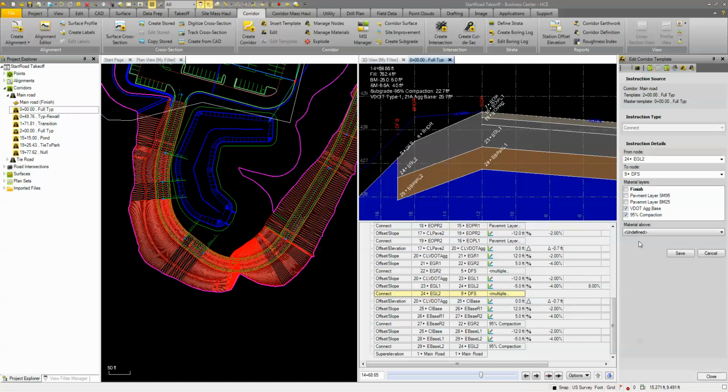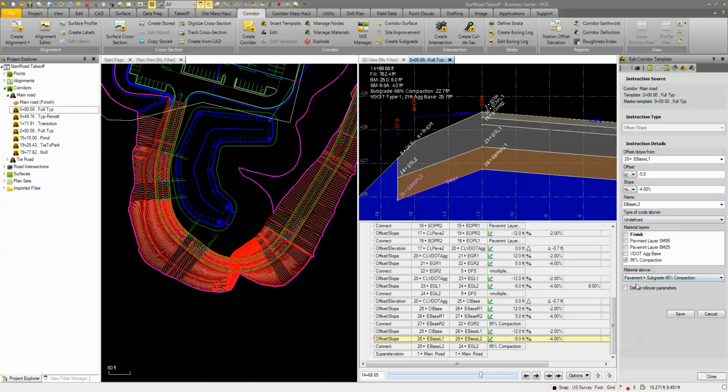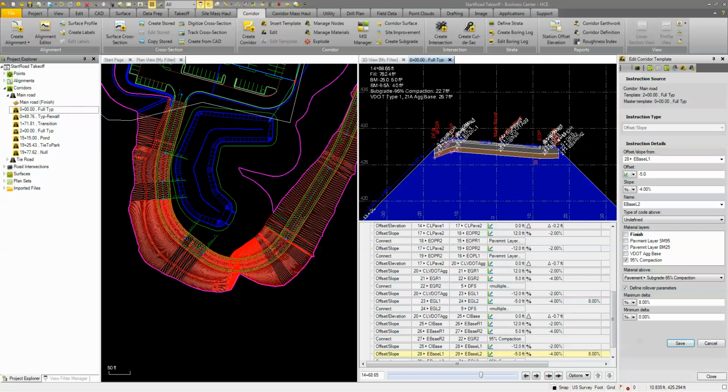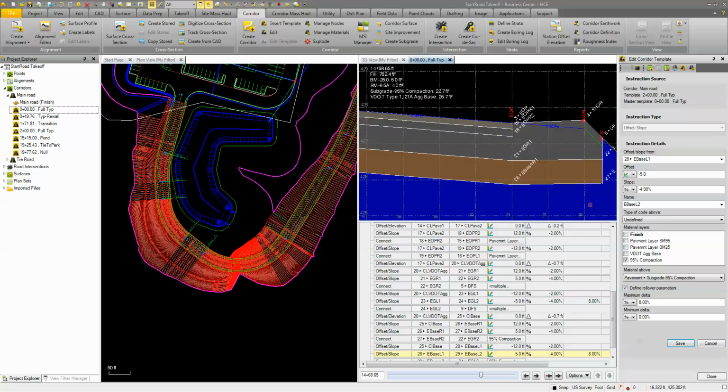Alright, so if I come in here, that's my connect, so I want 28 to 29, which would be this guy. We'll define that as well. So maybe our maximum calls for 8, and whatever your minimum calls for, you set those in. Okay. So once you have that, and you do the same on the other side,